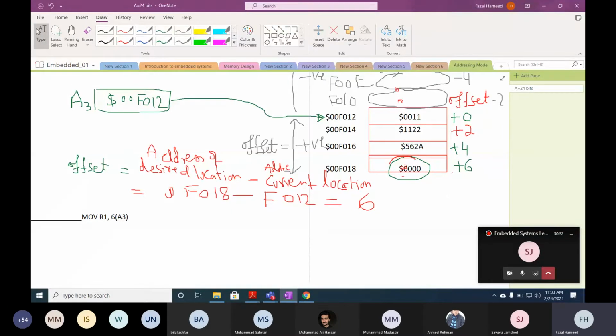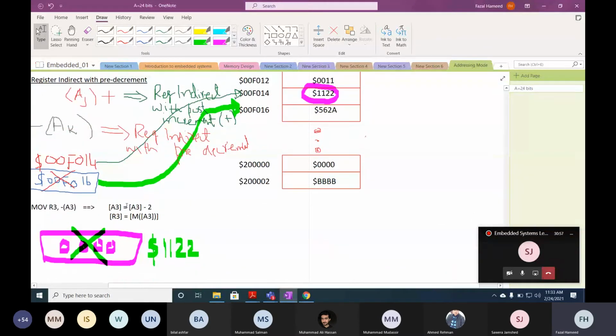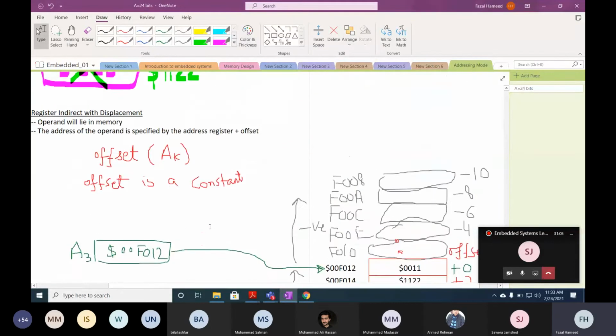Is it understandable or not? Yes, sir. In the previous example, A3 was changed: it was decremented by 2, and in the post increment, it was incremented by 2. But in this case, A3 will not change. The address register specified for the offset, the value of the address register,